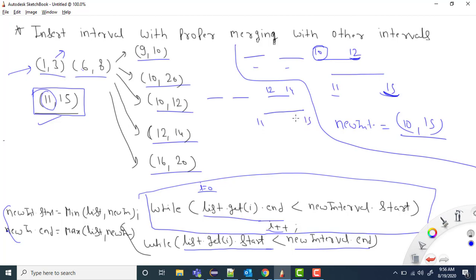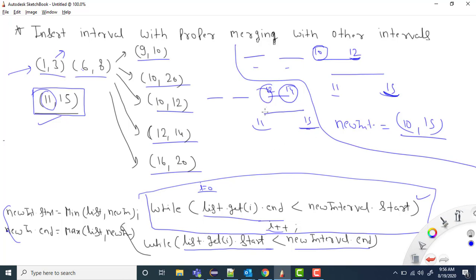So even if we have this case, what is happening here is that we broke from here. How? Because the end value was not less than this one, the end value was greater than this one, so it means now we are here. And now let's check if the start value is less than the end value. So yes, this value is less than this one.